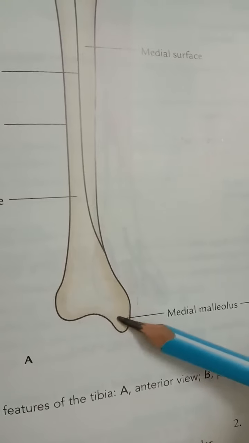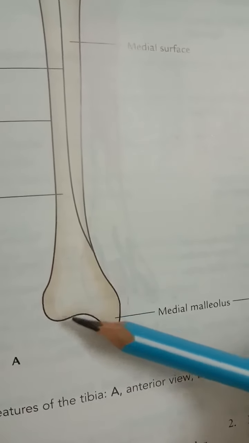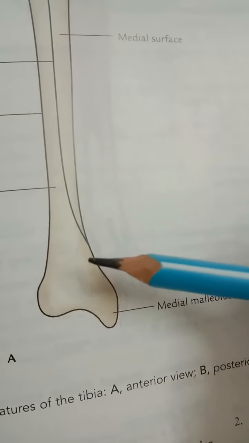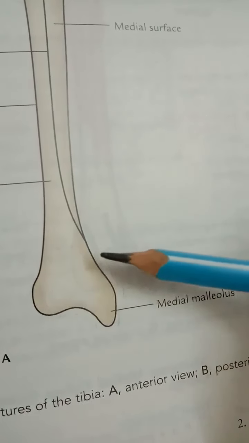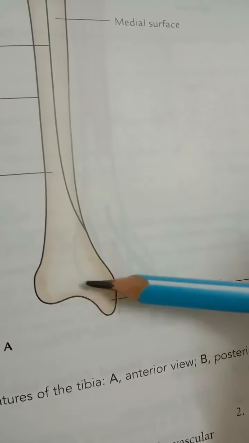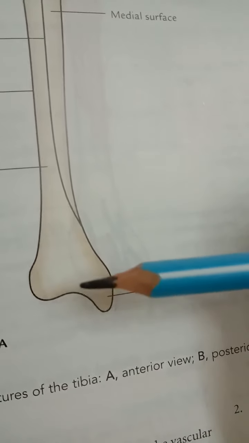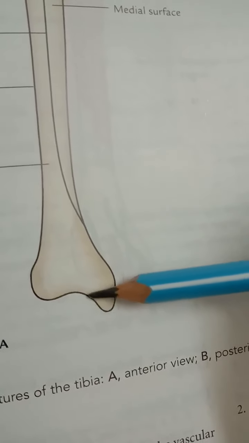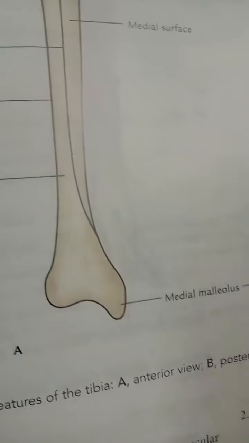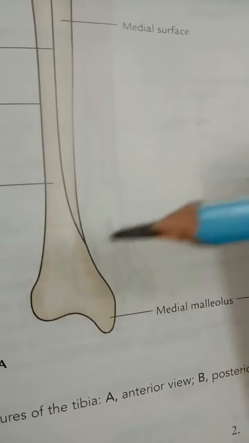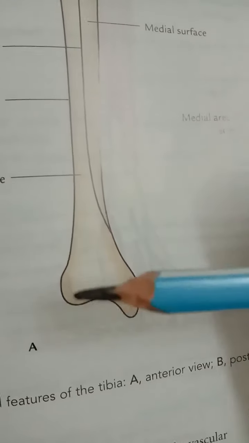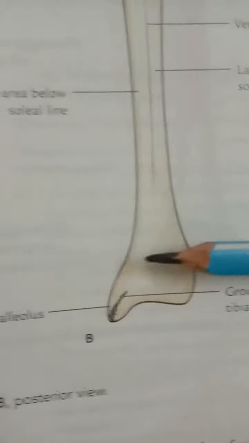Then the inferior surface. The inferior surface is articular and it articulates with the superior trochlear surface of the talus and thus takes part in forming the ankle joint. Then medially, the articular surface extends to the medial malleolus. Then the posterior surface. The posterior surface shows some vertical grooves. So here,